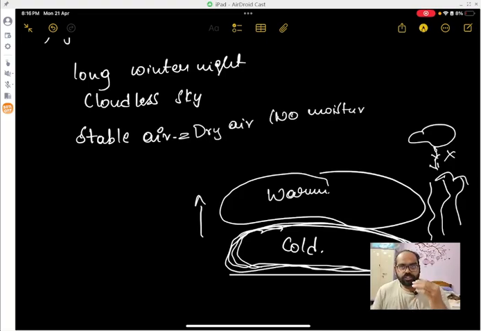As there is no moisture in the air, it does not rise quickly. This dry air does not absorb the radiation of the earth. Moisture absorbs the radiation of the earth because of the presence of water vapor molecules, but dry air does not absorb